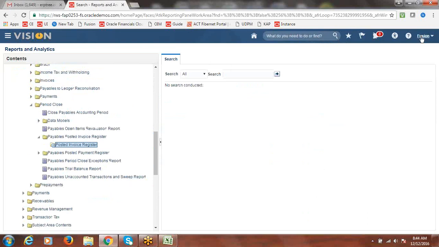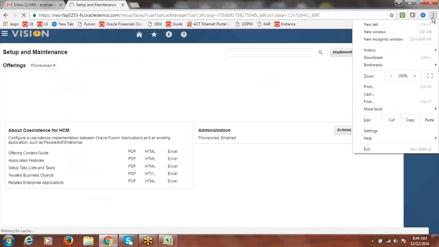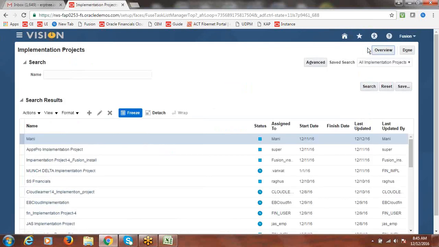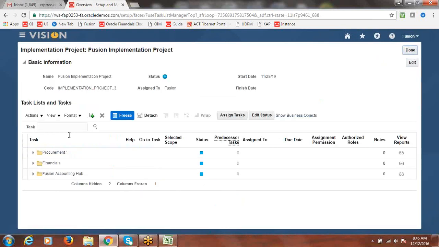Go to Setup and Maintenance, Implementation Projects, click on overview, open this project, chart of accounts, values, set values.